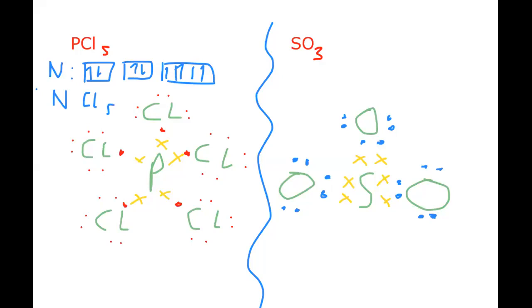So I'll draw this more clearly. Nitrogen can only have 3 incomplete orbitals, so it can only form 3 bonds because it cannot have an excited state. This electron cannot go to another orbital. However, in phosphorus,